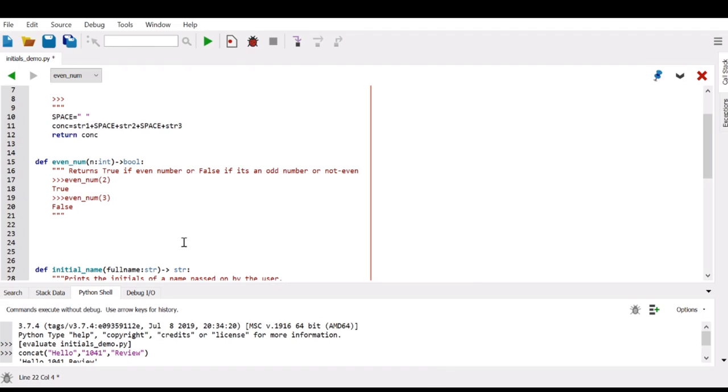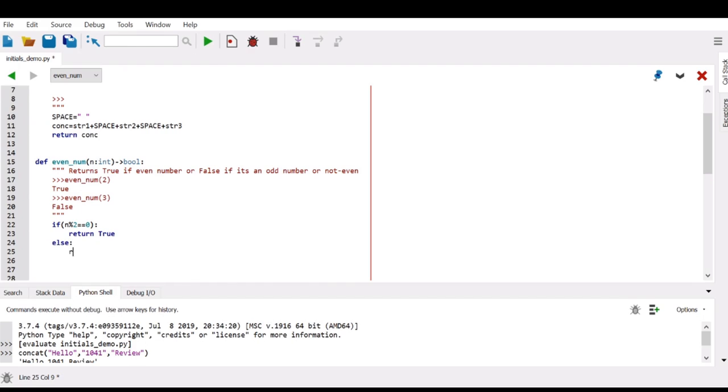So we can use a modulus in a conditional: if my number is fully divisible by 2, so if n mod 2 is equal to 0, I can say return true.